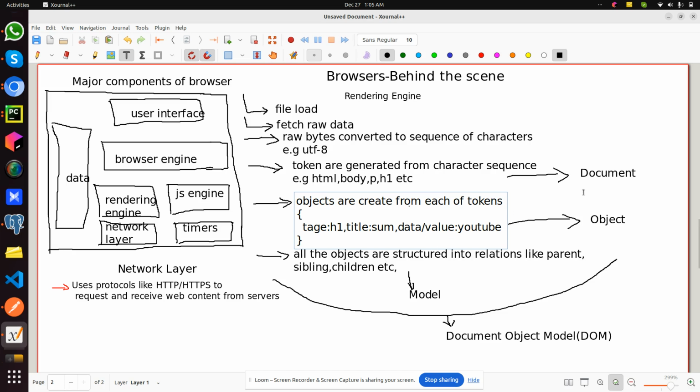So this is how it works: the document is written, objects are generated, then a model is generated out of that. This is how the Document Object Model is generated. And the Document Object Model has nodes. All these tags, or even attributes, are said to be nodes. These are different nodes, and there are multiple nodes, so this is called a node list. The node list is generated by the rendering engine. This is how an HTML document is rendered by using